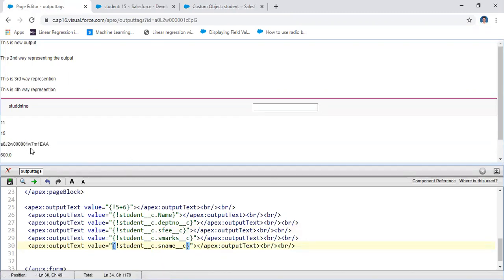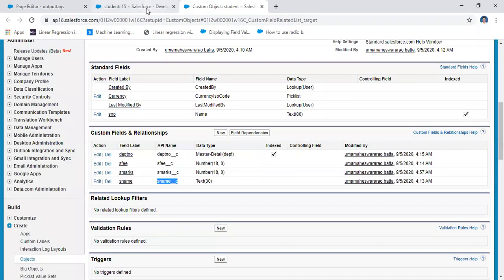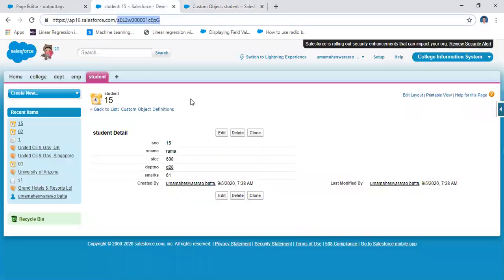Here, see the student number, student name, student department number, everything existing one after another. Apply a break here. Again, apply a break here. Let us take a break. It has some student related information, all student related information.